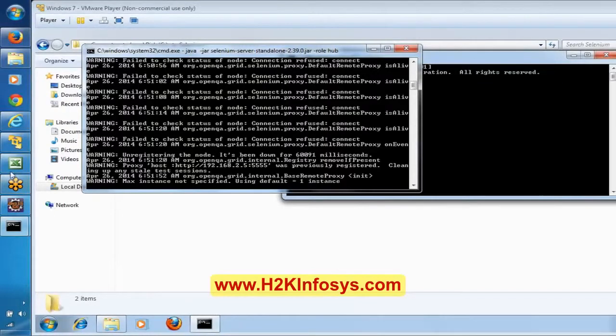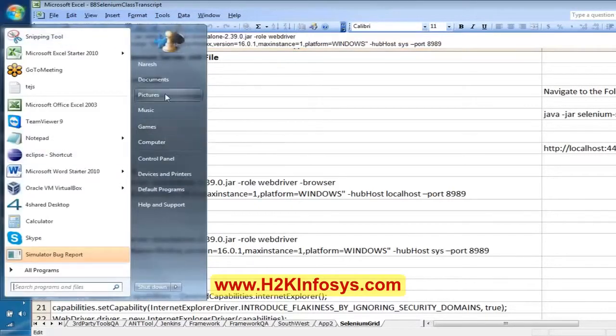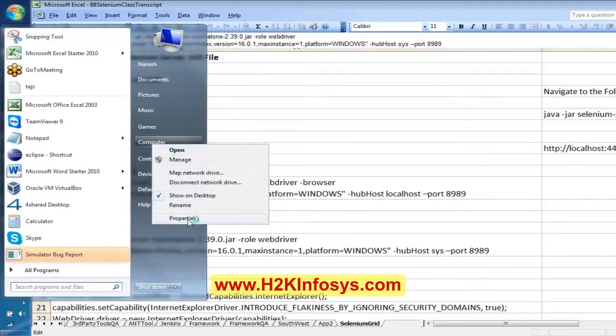Now that is the reason we are mentioning the hub system SYS. SYS means it is the name of my system. If you go to the properties of my system, the name of the system would be SYS here.